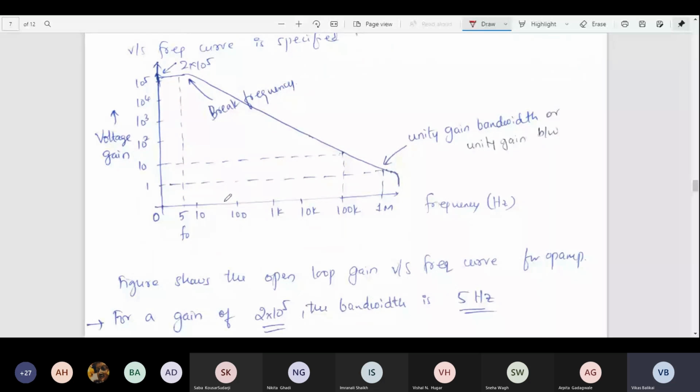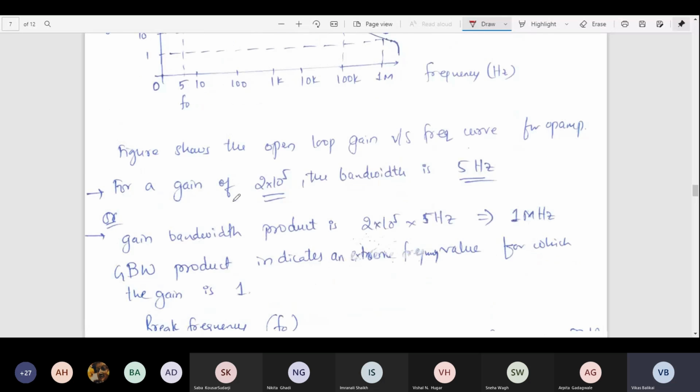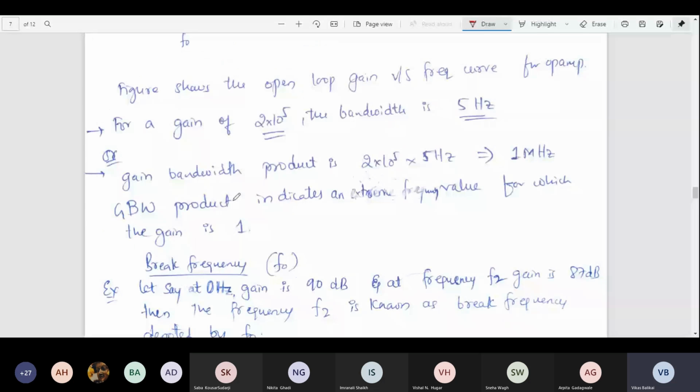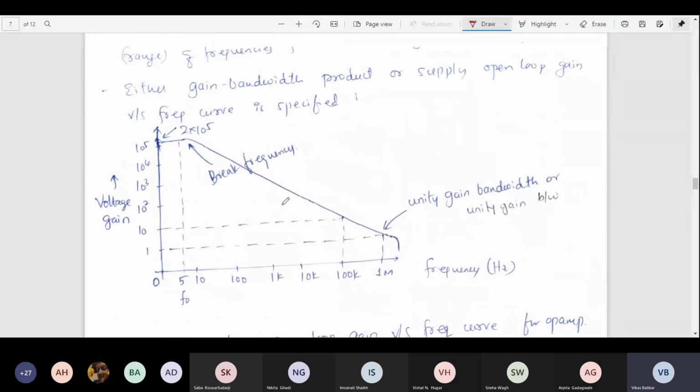Usually we draw a 3 dB graph, or a bandwidth graph, or we call it frequency unity gain bandwidth. We use a lot of terms like unity gain bandwidth, unity or break frequency, or gain bandwidth product. We use a lot of terms. Let me try to make it very clear in this particular concept.